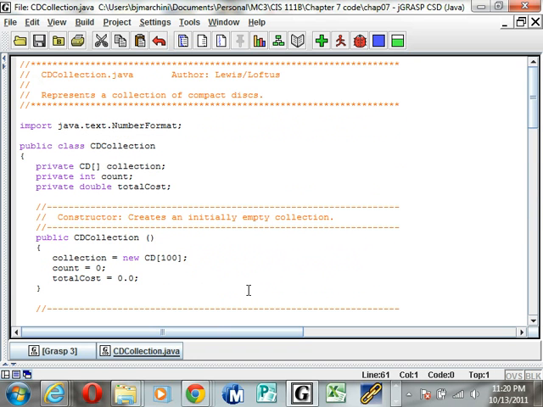So that's basically my run through here of the CD collection. The reason for running through this is that it's very similar in how it works to the ArrayList, which is what we're going through. The big advantage of this over an array, when it all comes down to it, is that you can increase or actually decrease the size of the array as you go,